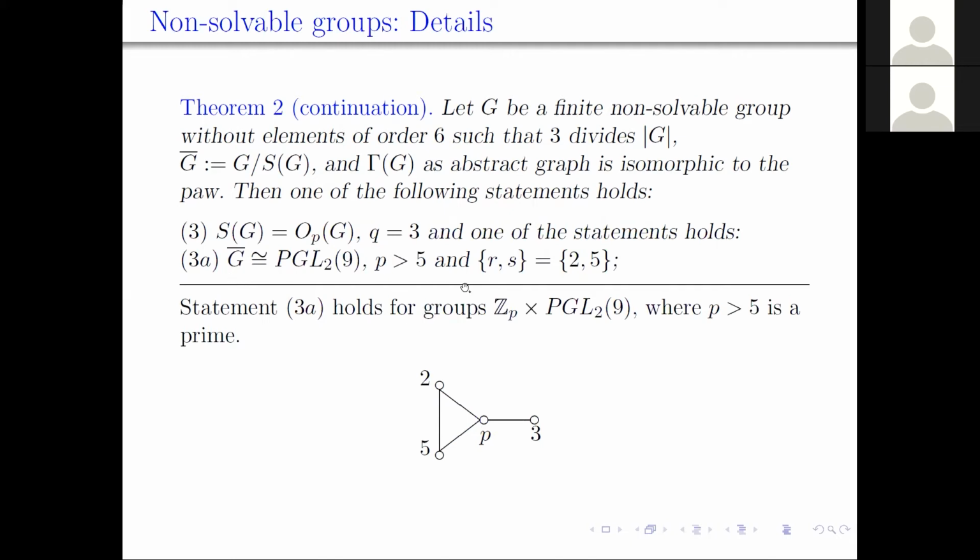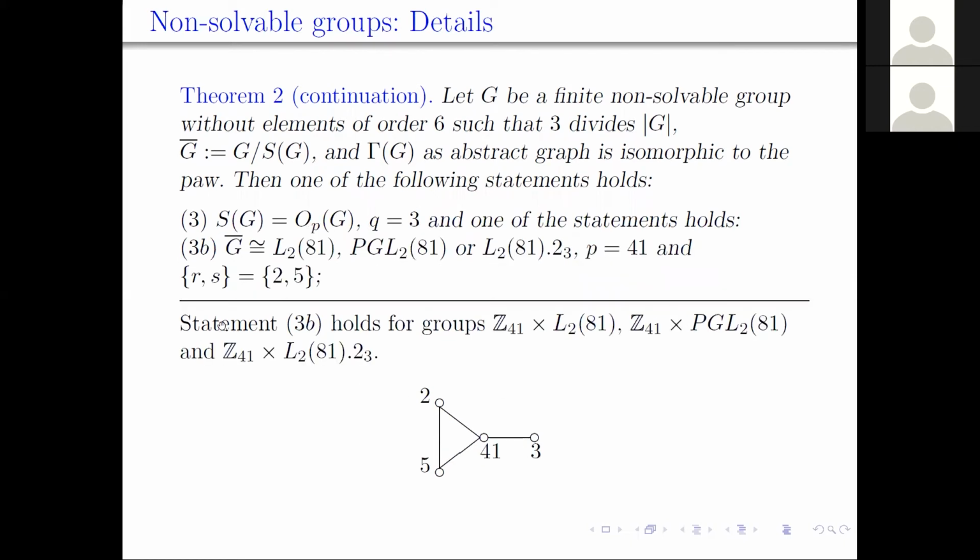The first possibility you can see on this slide, realized for direct products of a cyclic group of order P and PGL2(9). And the Gruenberg-Kegel graph of this group you can see on this slide. The second possibility